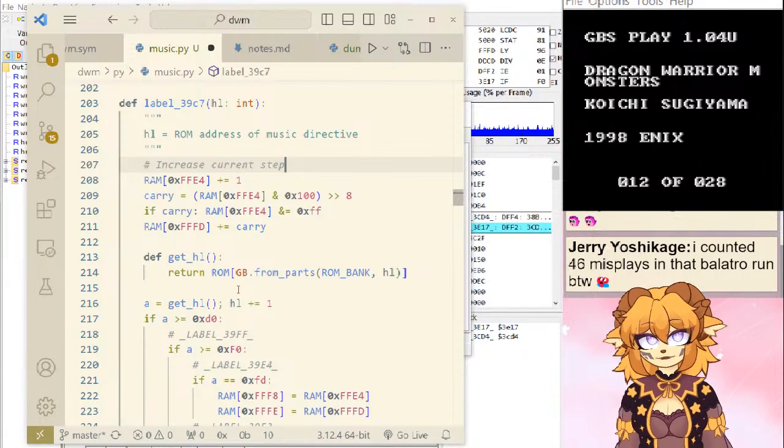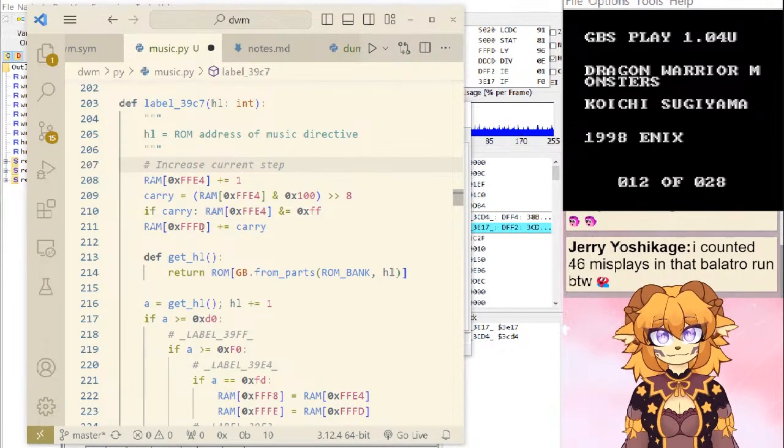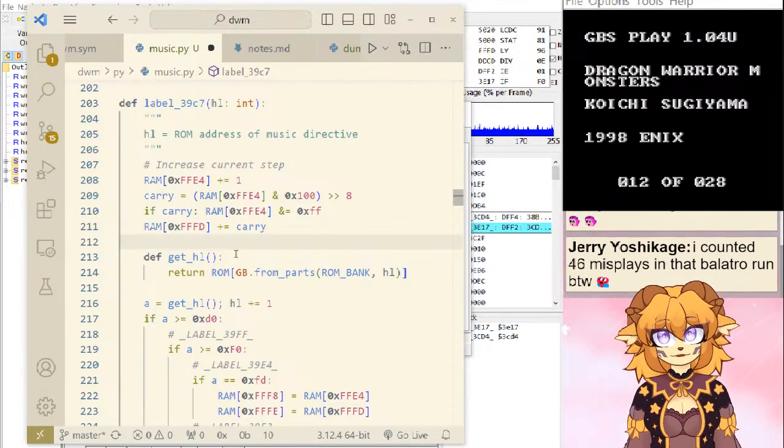The song is actually over 256 bytes. It'll add to this. I don't know why they did it that way.